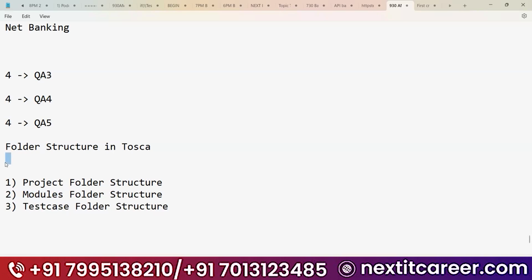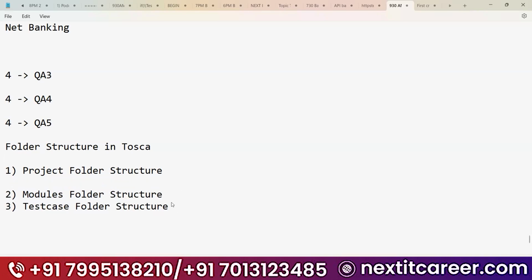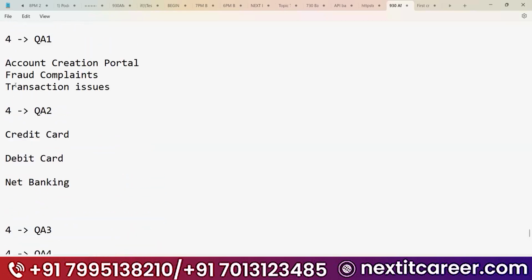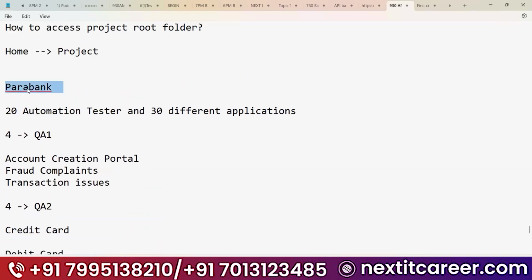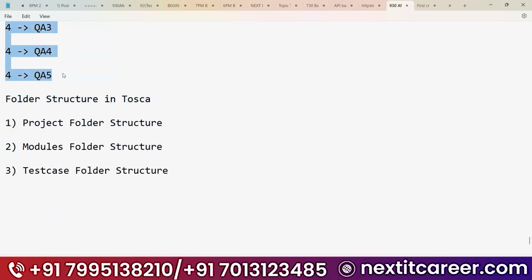Okay, so guys, the first concept in Tosca is folder structure. Now we need to learn about the project folder structure. What is the project folder structure? If you have one project, you need to divide it into small chunks and start working on them.